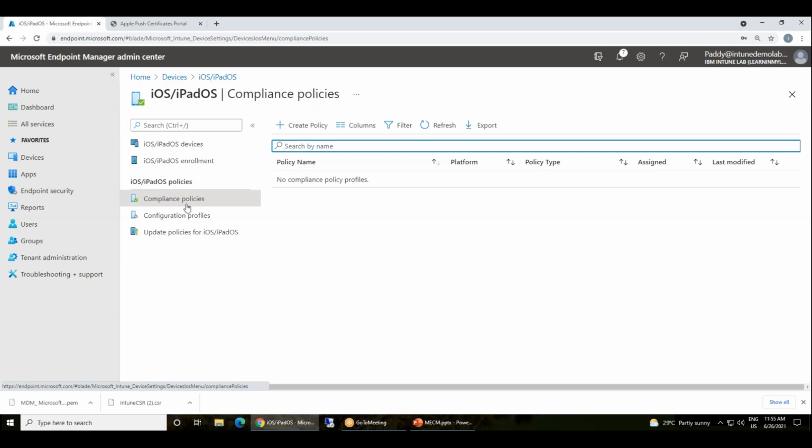Now we'll talk about the bring your own device concept. As you know, Apple devices can also be enrolled for bring your own device. So let's try that. For that, we need to create a compliance policy. So let's create a